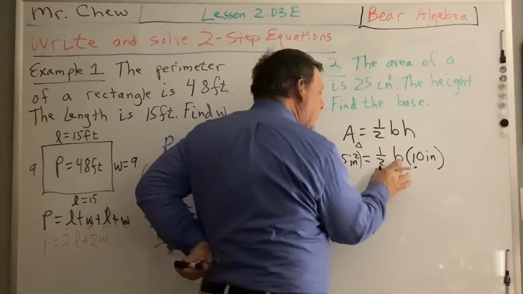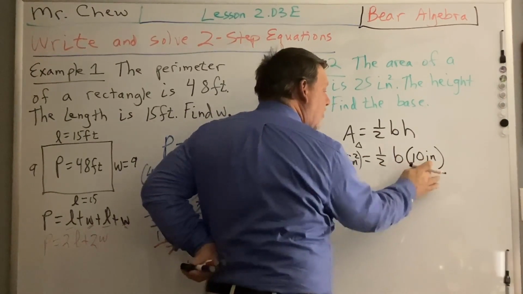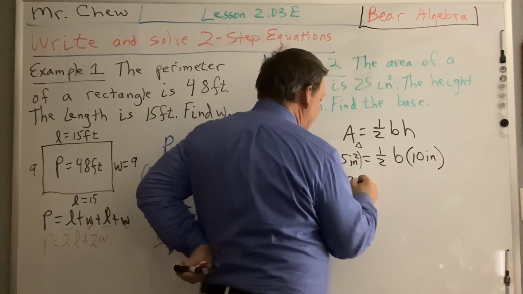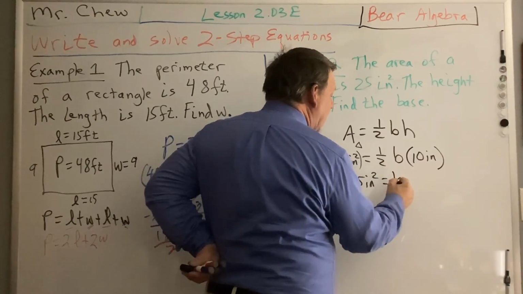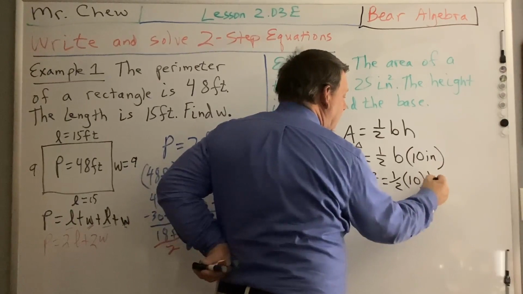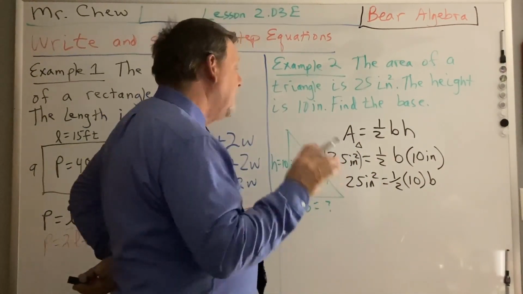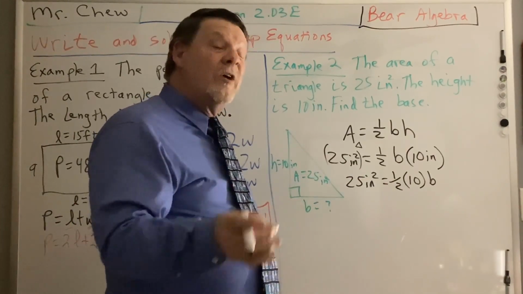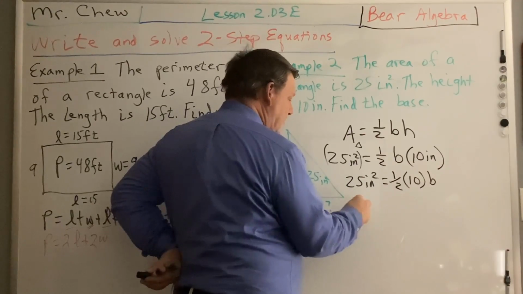So the first thing I'm going to do is take half of B or half of 10, because you can multiply in any order. So since you can multiply in any order, let's just write it like that. This is called the commutative property of multiplication. That is a property that we go over in another video. So now I can take 1/2 of 10,